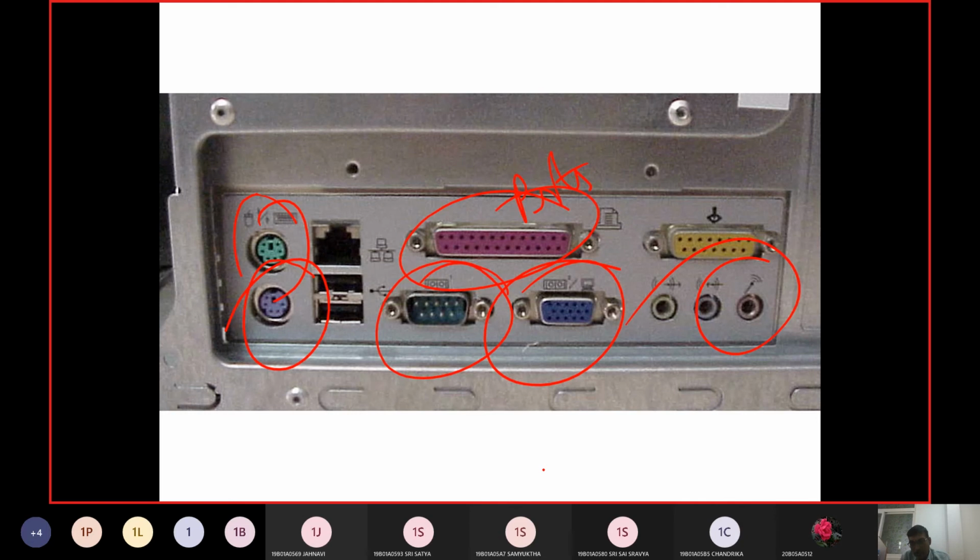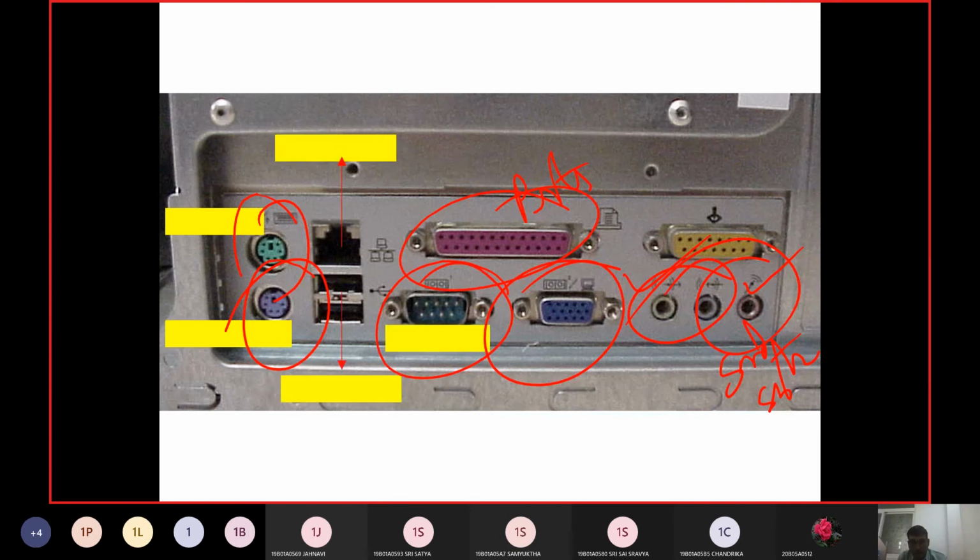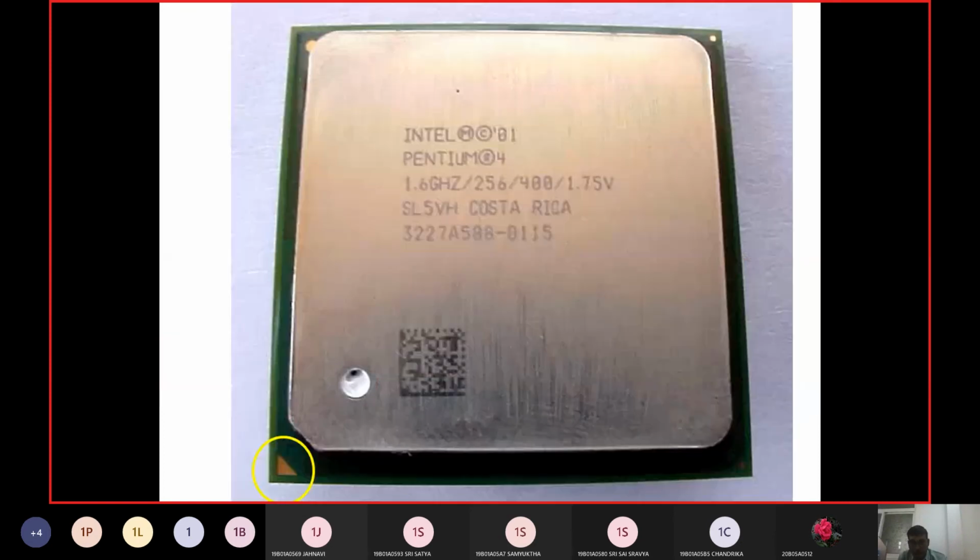At the laptop level, the speaker will be inbuilt and the microphone will be inbuilt, so we need only one cable. But when we look at a desktop computer, it will bifurcate the input audio and output audio, right? So that is the reason why we separate the things. So the speaker symbol is there, and again we have this input signal for the audio also.